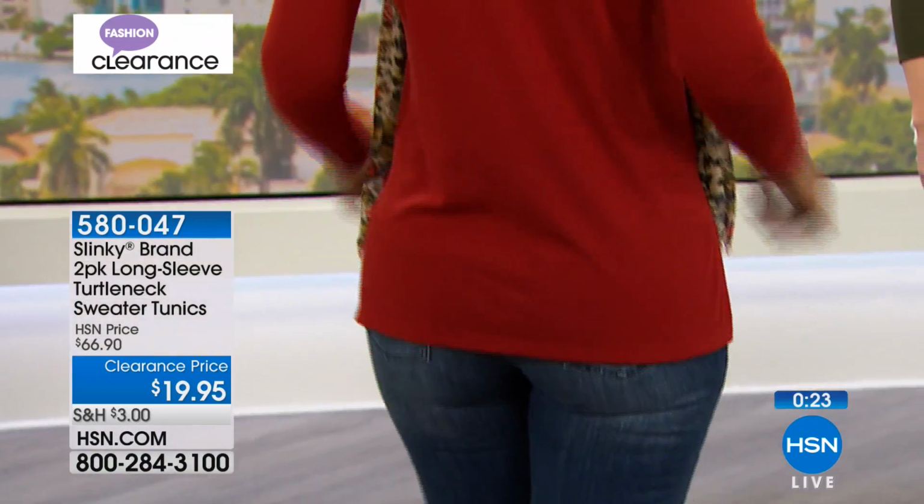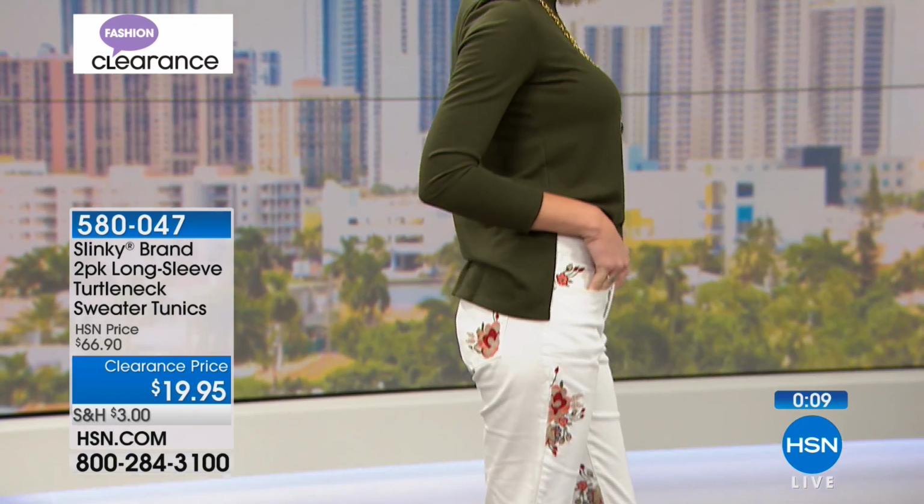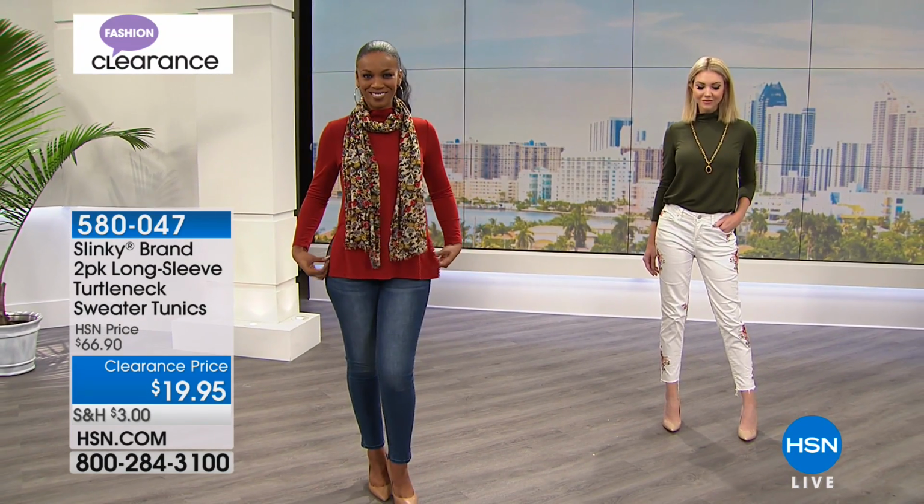I know I've got a really great top that fits well, that I can literally wear with anything. I throw on that Today's Special necklace, or a scarf, or a blazer, or a denim jacket, and I'm out the door. Yeah. And I haven't spent any money, and I haven't had to think twice about it. Wait, and it's Slinky, so we already know it's gonna feel good. Absolutely, the colors are gonna stay true. Extra small through 3X, you're just gonna wash these at home. It's a poly rayon spandex, so you get that beautiful stretch knit, which always feels so soft next to your skin. Treat yourself, and of course, even if you're heading into warmer weather,